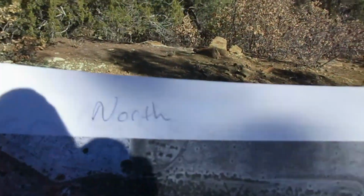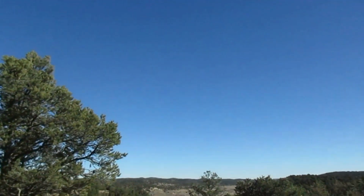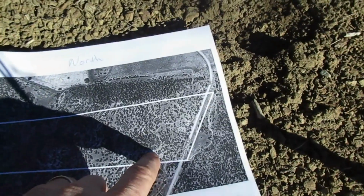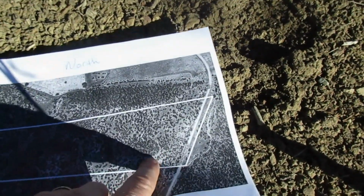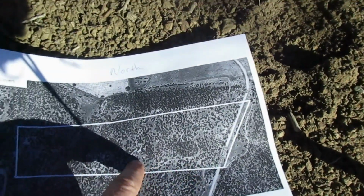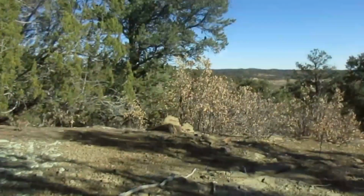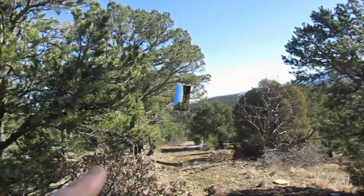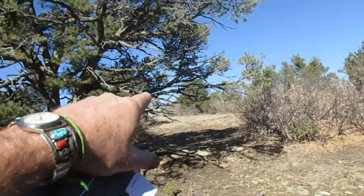And on the aerial map, there's north again. I can see Trinidad Lake from right here. I'll show you that, but we're about right here. We came around this little curve, came up the hill, we're right here. We're going to here, to that flat top. I can see Trinidad Lake down there, so we just come a little bit further up the hill, and it's